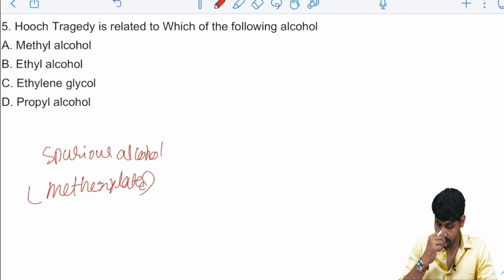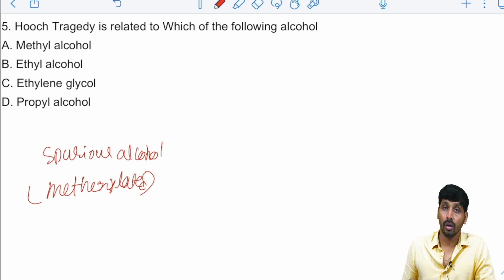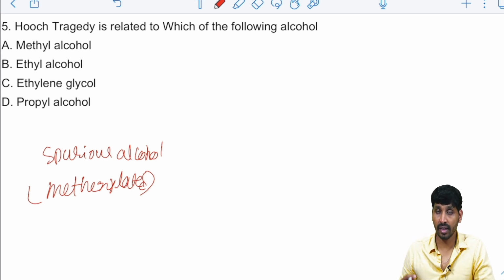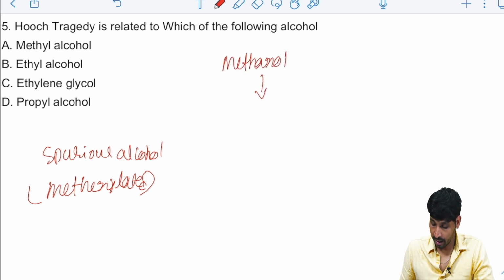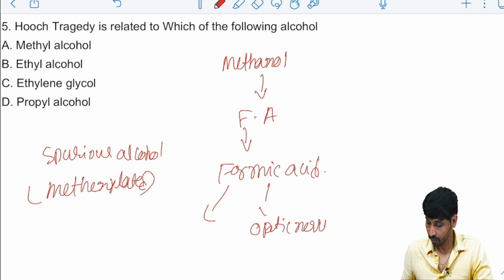So what happens in this? This methanol, what happened? When you consume this methylated alcohol, this methanol is metabolized to formaldehyde, and this formaldehyde forms formic acid, and this is the reason behind a lot of effects, right? First it will damage the optic nerve and cause blindness,